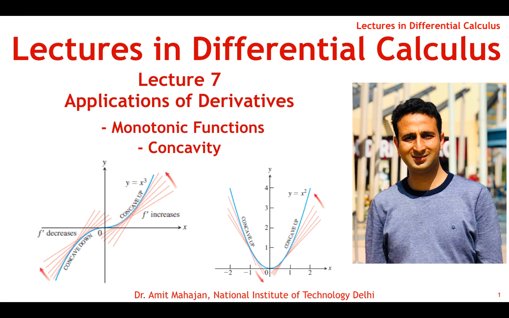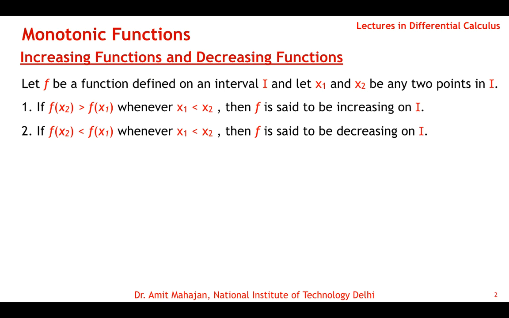So we'll talk about the increasing or decreasing of a function. First we take this definition about increasing functions and decreasing functions in an interval. So let f be a function defined on an interval I, and let x1 and x2 be any 2 points in this interval I. Then if x1 lies to the left of x2, then for all